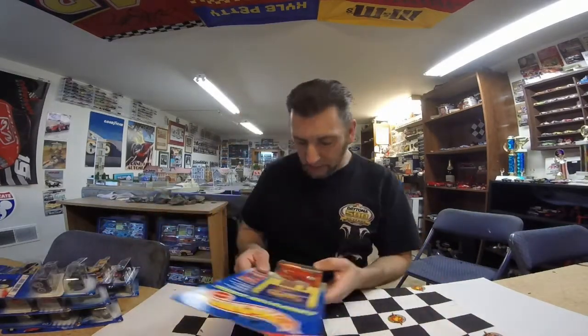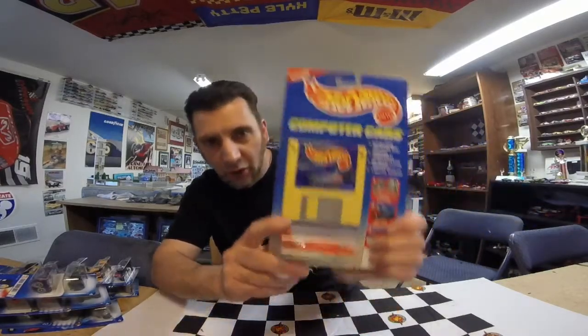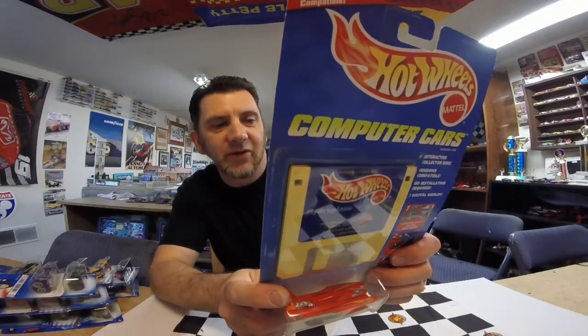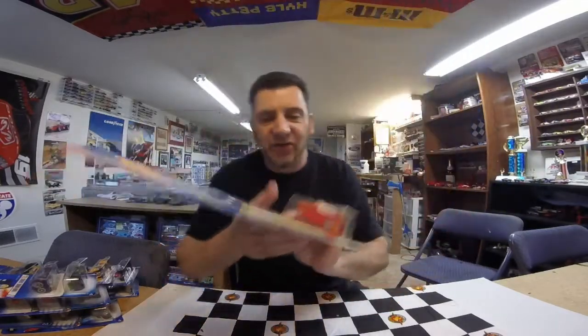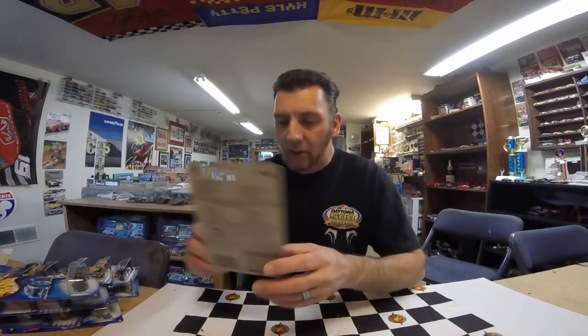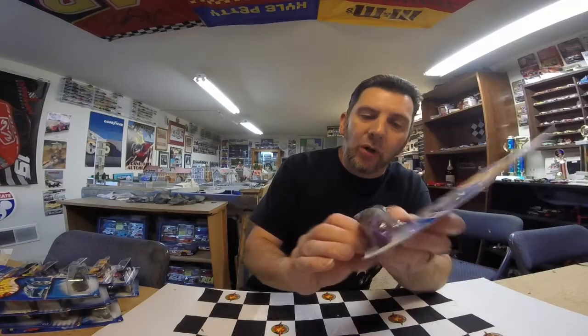And then he sent Elijah, guys, remember these, the computer cars with the floppy disk in there that's got all the games and stuff on it. These are real funny, but this has got the hydroplane. Elijah says he's probably gonna just keep that in the package and put it up on the wall. This really cool 95 first edition Power Rocket,